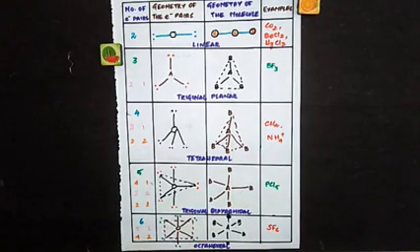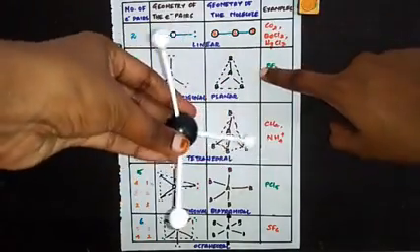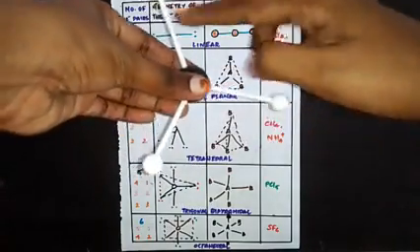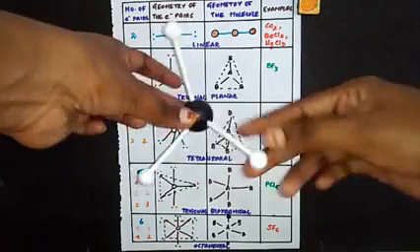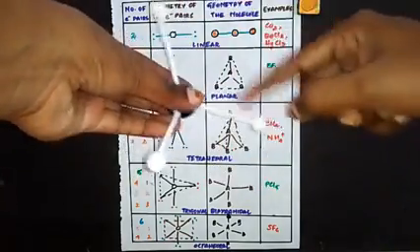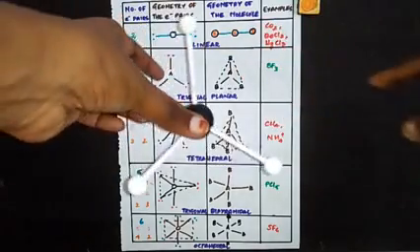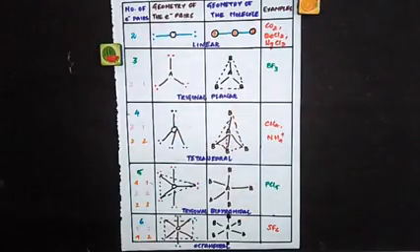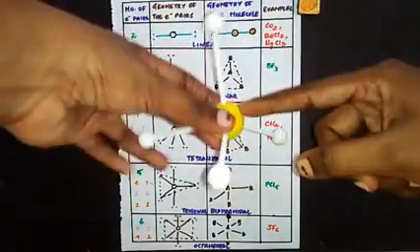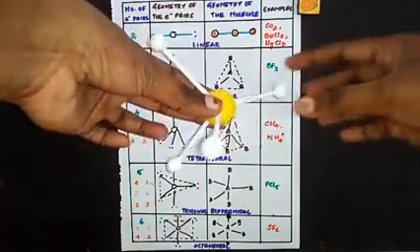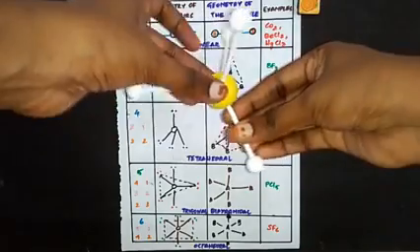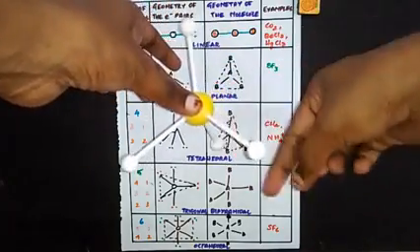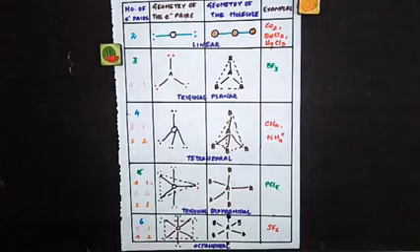Let's take a model for this trigonal planar. If this is the central atom, for example in BF3, if this is B, these 3 are F, 1, 2, 3. So the shape will be trigonal planar. You have to imagine a 3-dimensional structure here. If you connect all this, you will get a trigonal planar structure because these bond pairs repel each other as much as possible. Same way for tetrahedral, I am taking CH4. Let this be the carbon. These 4 are hydrogen atoms. They repel each other and you get a tetrahedral structure like this. See, this is a tetrahedral structure and the bond angle between this and this is 109.5 degrees.